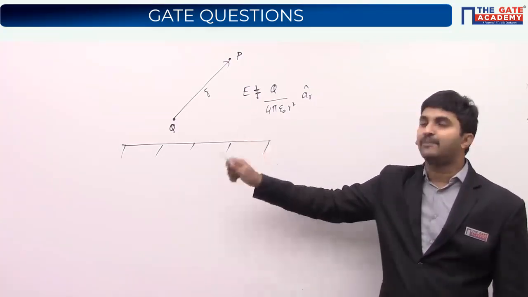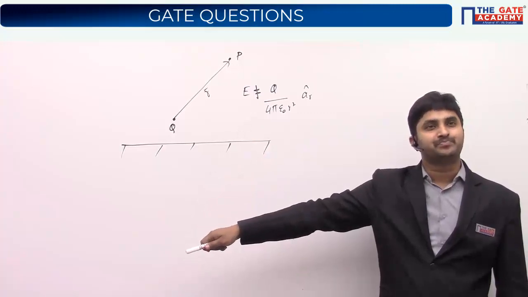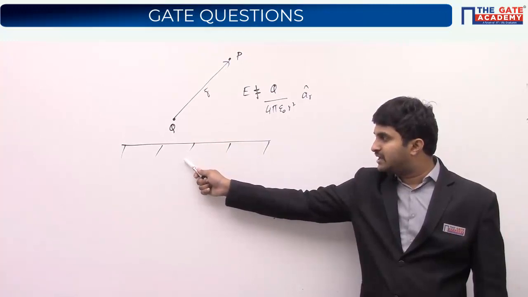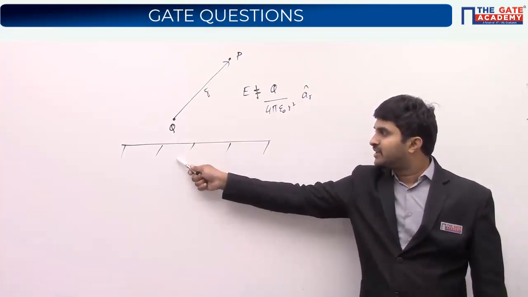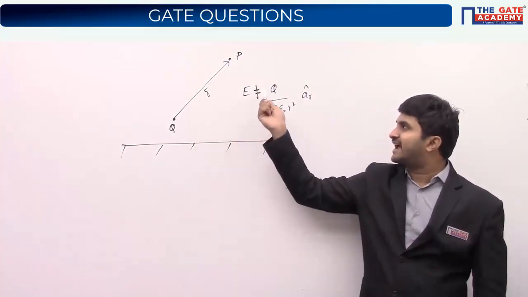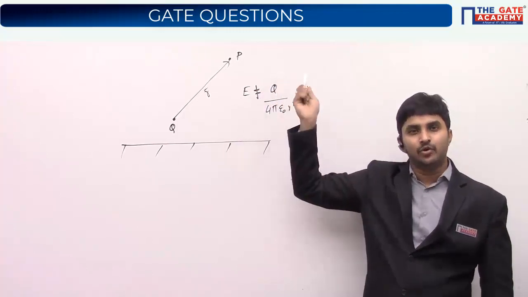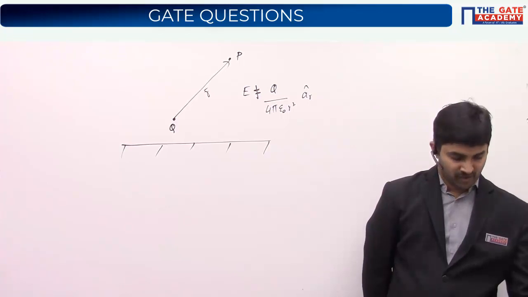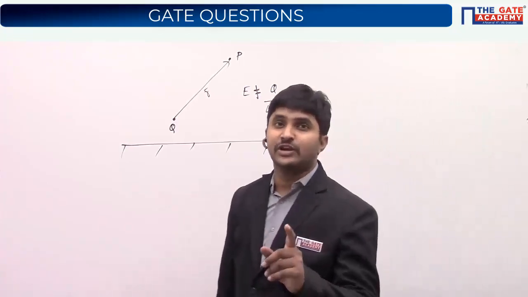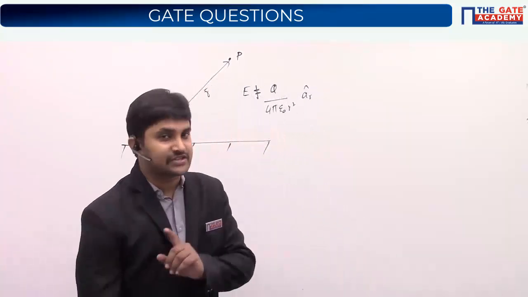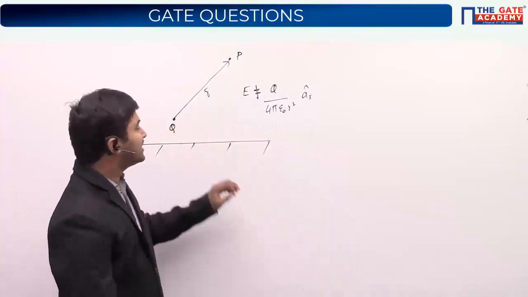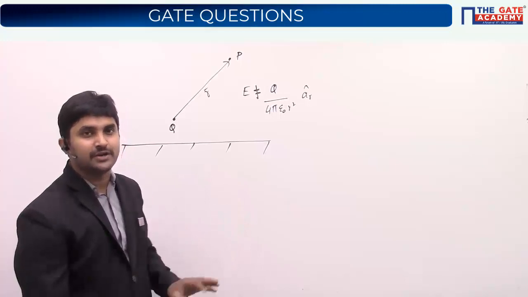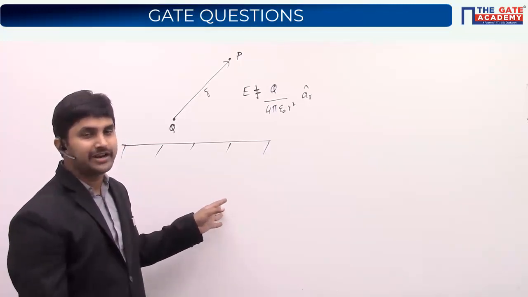Now, why is this happening? Can you please tell me? Why, if you are keeping a metal in the nearby vicinity, is the electric field value not exactly the value that we had earlier? What could be the possible reason for this? Very good. The charge will be induced on the metallic surface. Yes, we have learned that, right? When there is a charge and there is a nearby metal, the charge has to be induced in that particular metal.